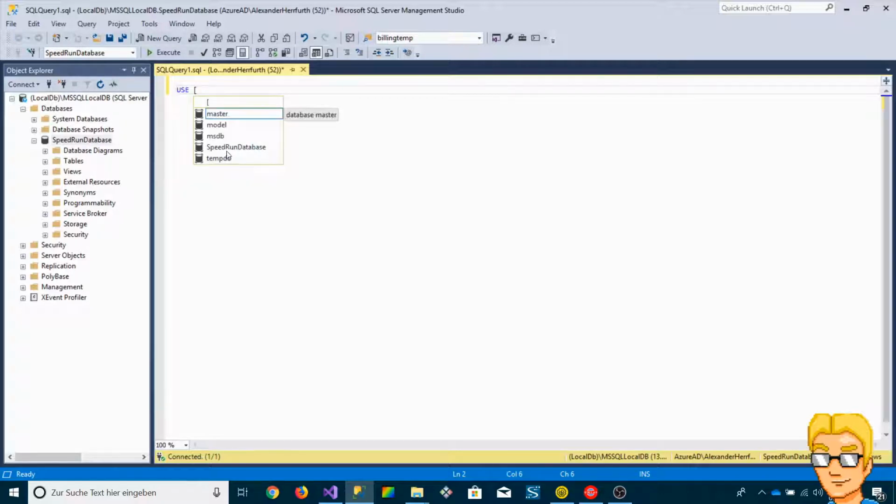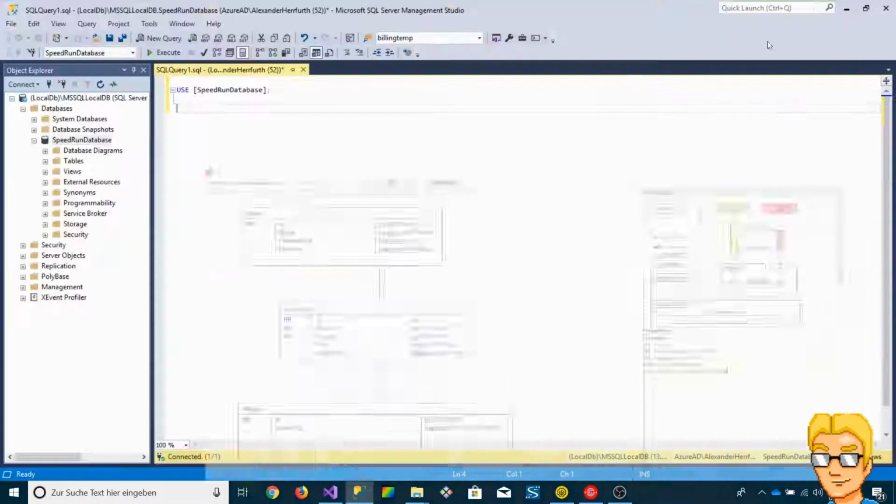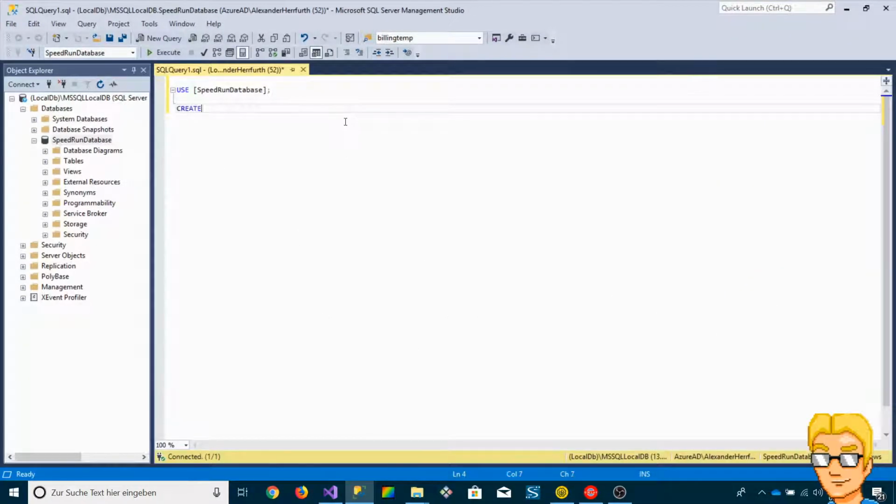First, we need to tell SQL what database we're going to use, and it's going to be the one we just created called speedrun database. So let's create the table. Hold on, let's have a quick look at it again. Let's create the player table first because it's so simple. Okay, create table